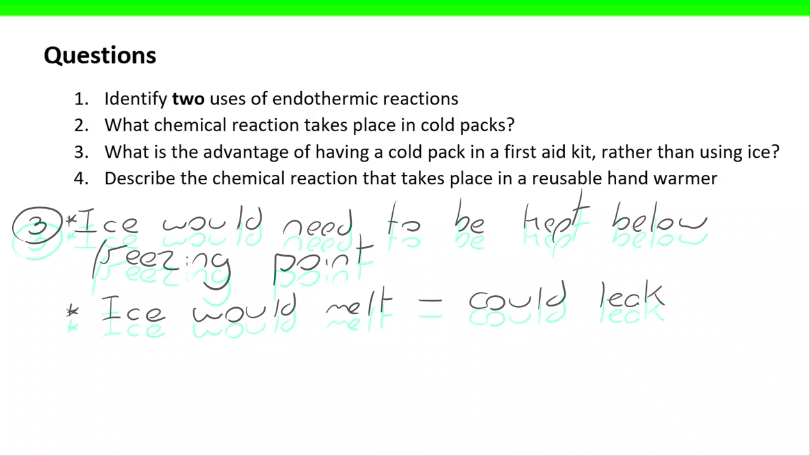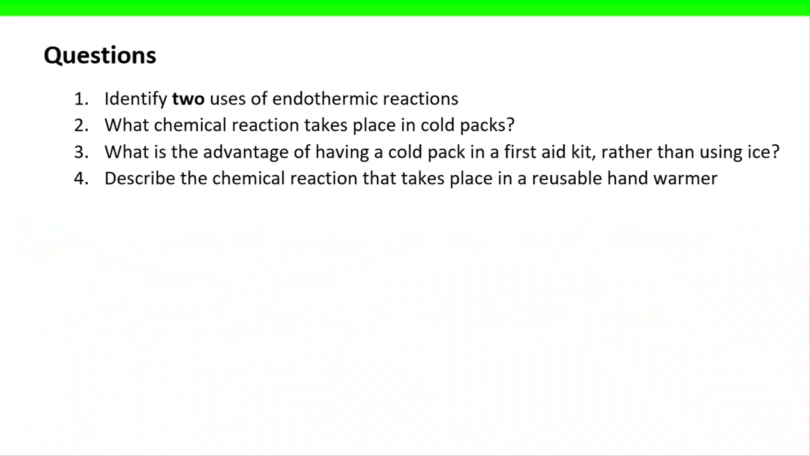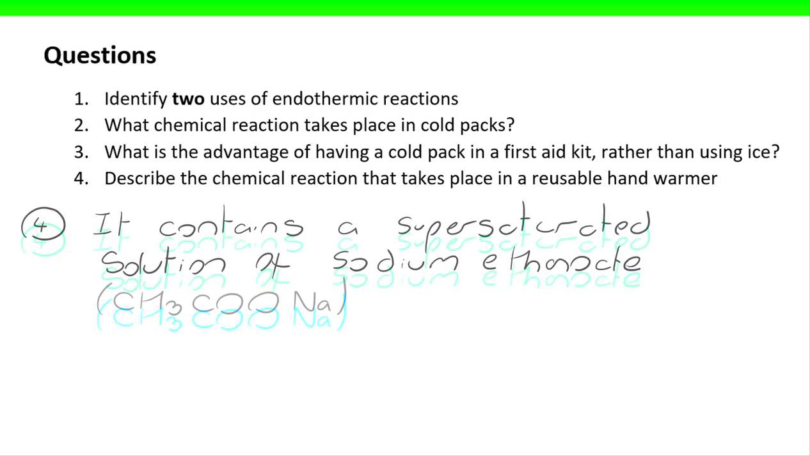And then let's take a look at number 4. Describe the chemical reaction taking place in a reusable hand warmer. And again, we're going to take a look at the reusable form here, because that's what it says. And we're using supersaturated sodium ethanoate, CH3COONa. Not hugely important that you remember that formula, but you need to know that this is something that